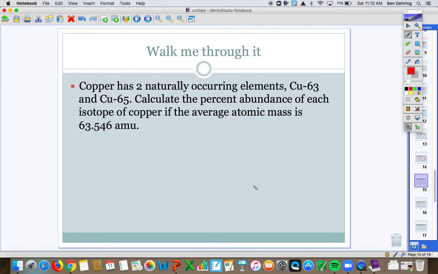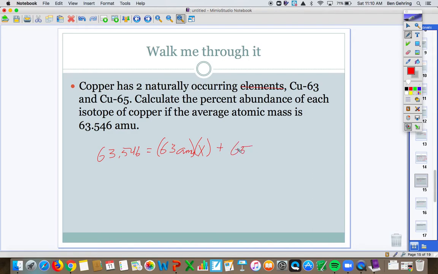Let's try copper. We have 2 naturally occurring isotopes. This should be isotopes, not elements. We're talking about copper. Copper 63 and copper 65. I want to know percent abundances if copper has an average atomic mass of 63.546. So again, I know 63.546 equals copper 63, so 63 AMU times X